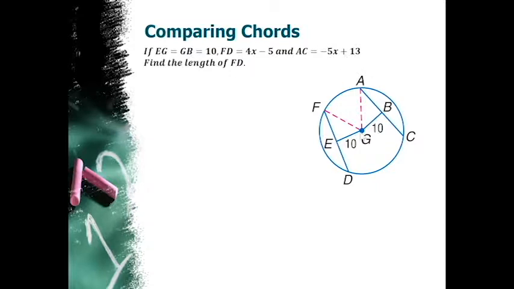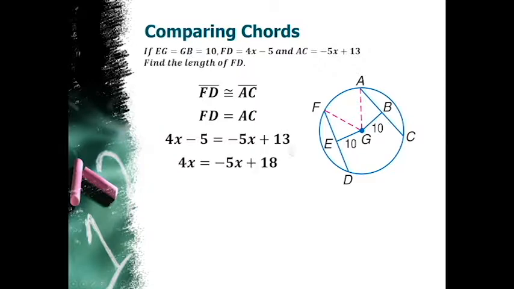Now, being that those two chords are the same distance away from the center, what we know is that FD has to be congruent to AC, which in turn tells us that those two lengths are equal. Now we can substitute in our algebraic expressions here. FD gets 4x minus 5. AC gets substituted by negative 5x plus 13. We can use a little algebra here. We can add 5 to both sides, add 5x to both sides, divide by 9,